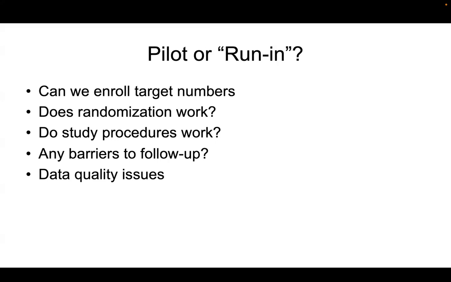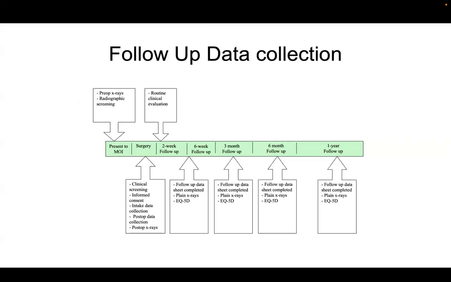You need to see whether your study procedures are working. Are the ways in which you're implementing the surgical treatments that you might be randomizing patients to actually working as expected? Are there barriers to follow-up, and how can those be overcome? And data quality issues will certainly arise, and you need to be able to detect those and correct them in real time. So this is how the follow-up schedule for our patients enrolled in our open tibia trial looked like,